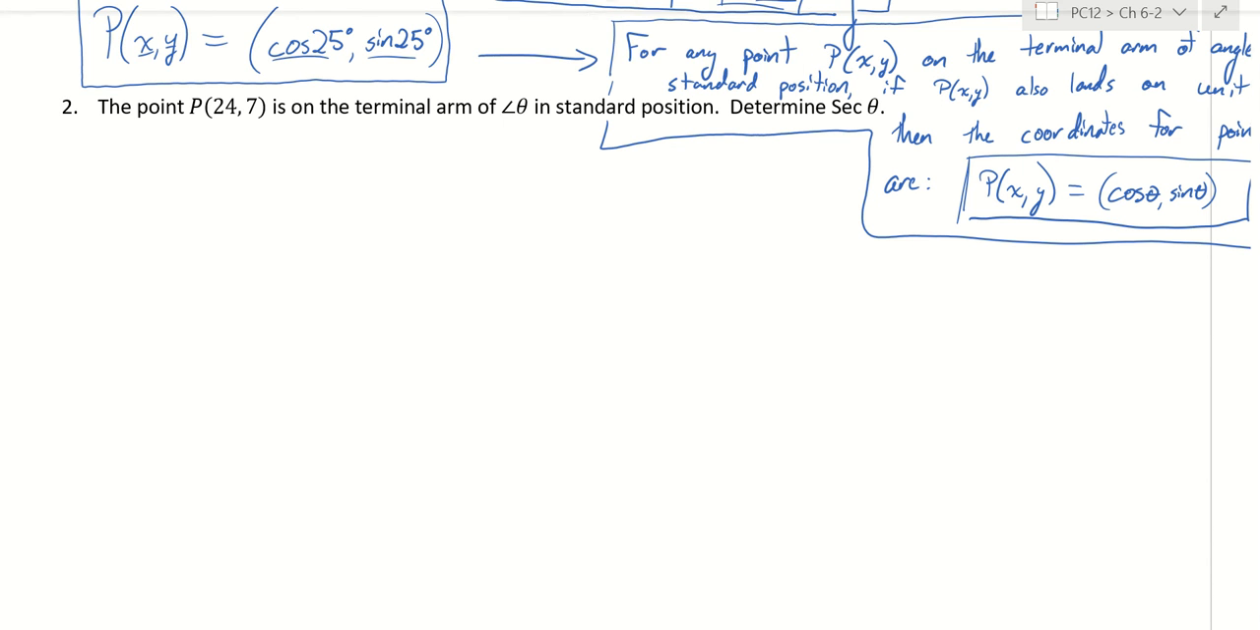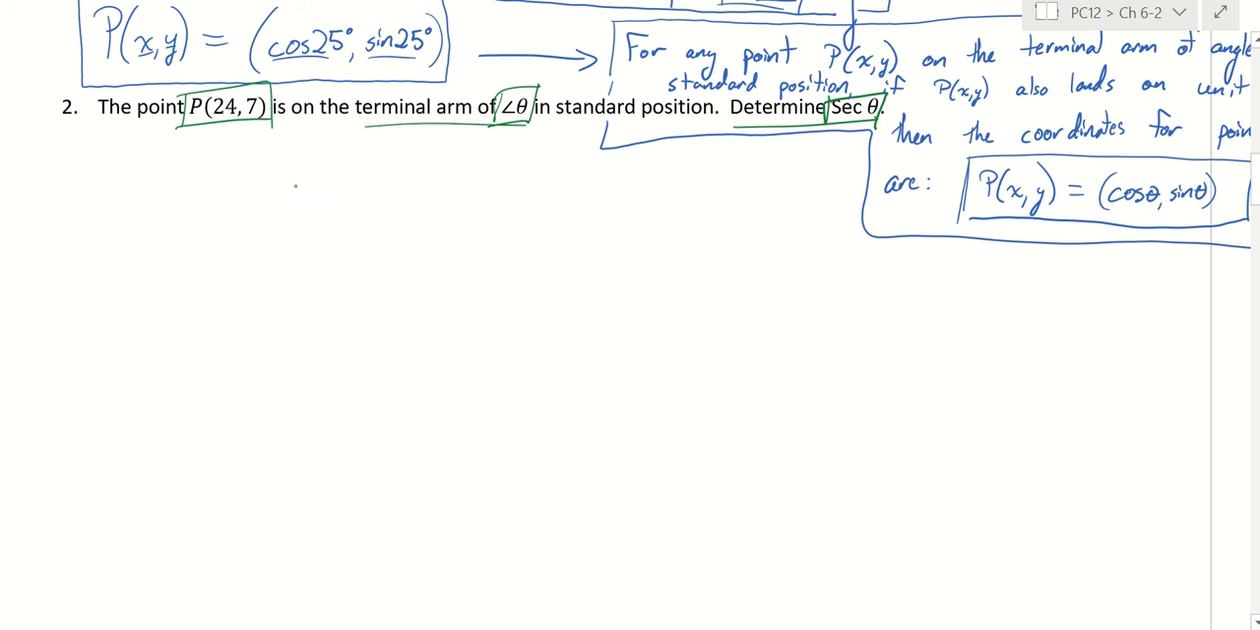Okay, so for this next example, we have a point that is definitely not on the unit circle. It has coordinates that are pretty far out there, and it's on the terminal arm of some angle that we don't know in standard position. What we have to determine is secant